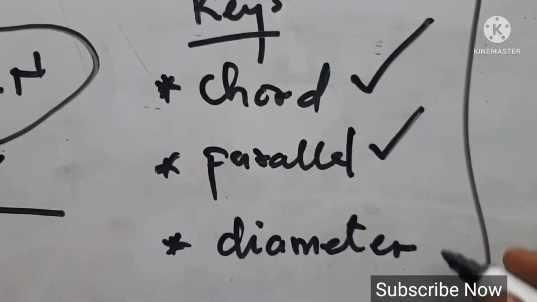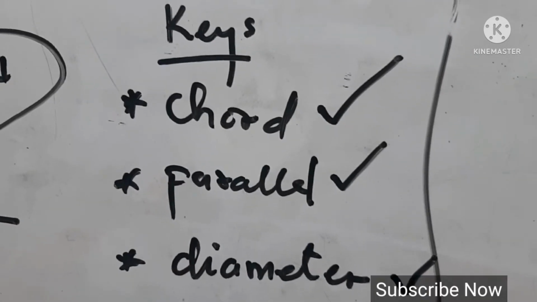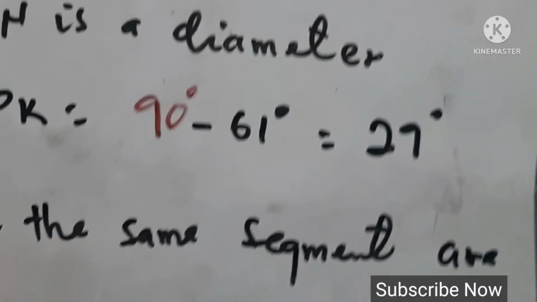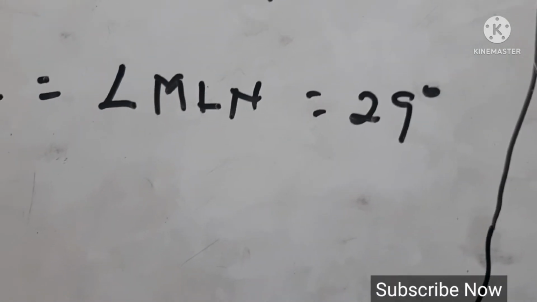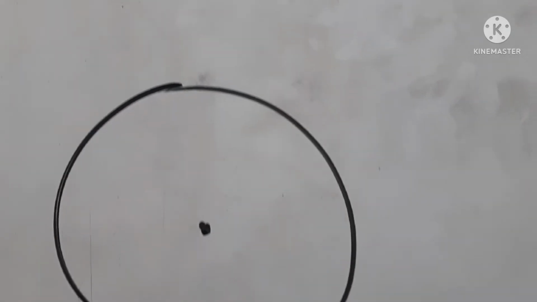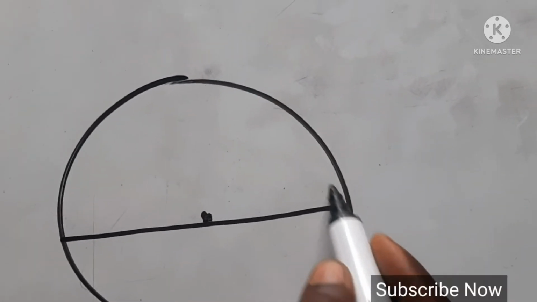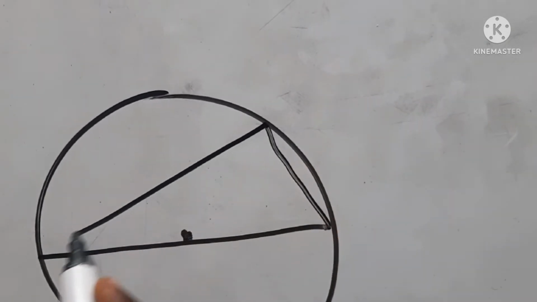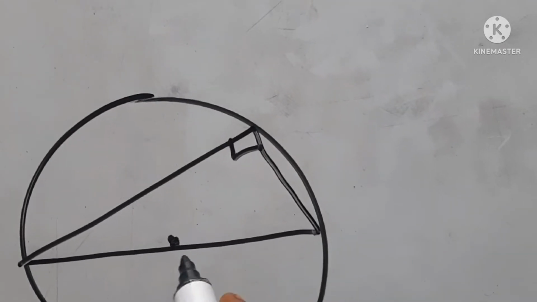And then finally you hear the word diameter. The diameter gives you the idea that you have to use the property relating to the diameter. If you have a circle like this, and this is the center, and a line passes through the center and hits the circumference anywhere and then moves to the last end here, it forms 90 degrees. So the word diameter gives us the idea that we have to use this in some way